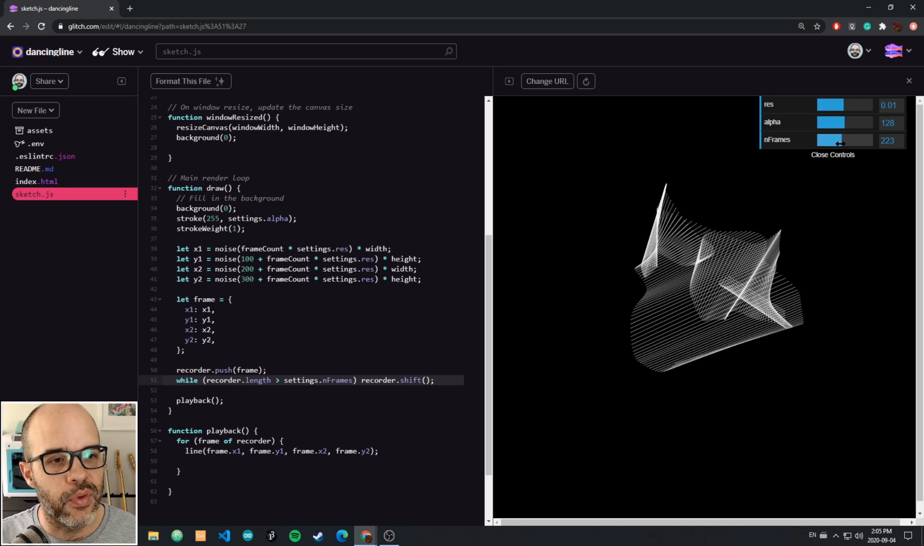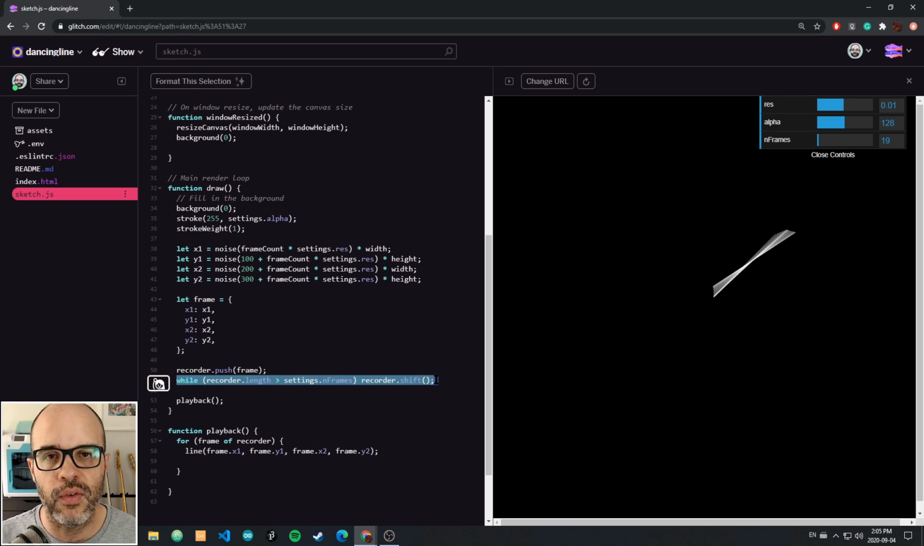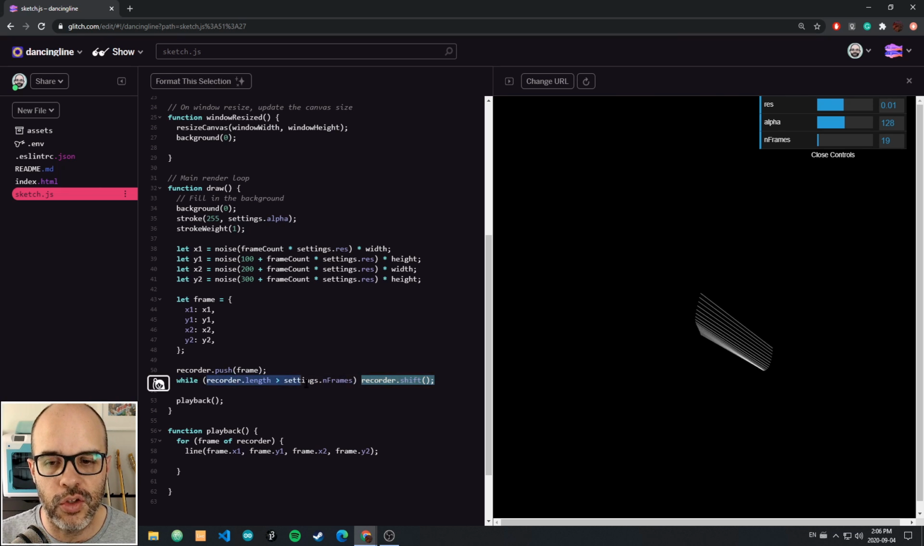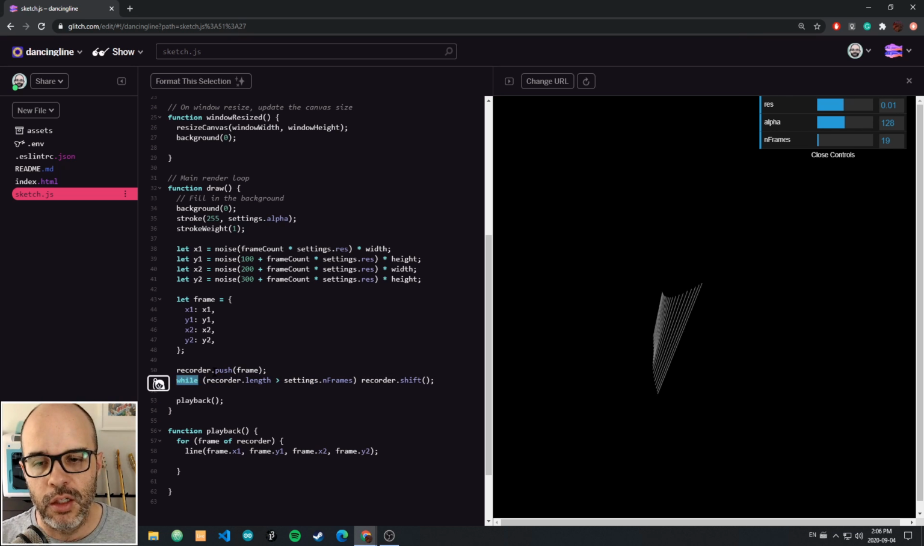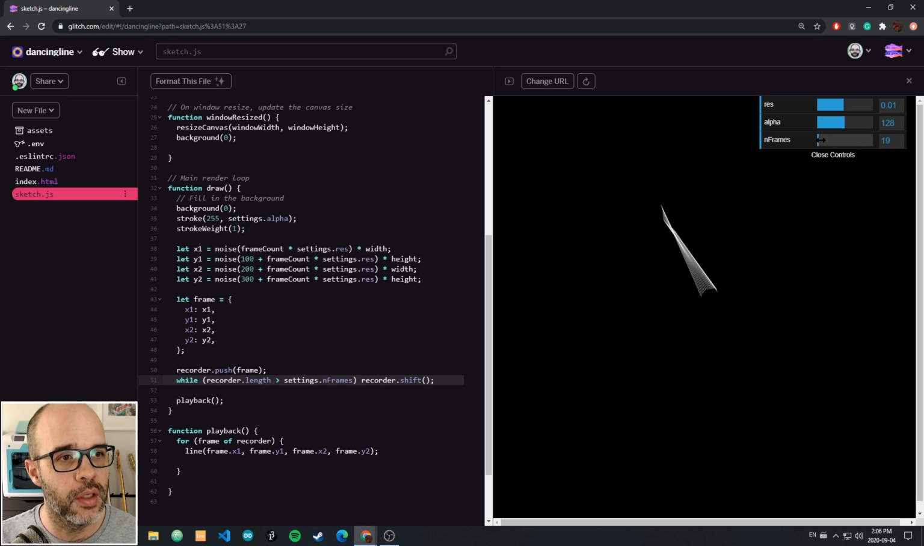And I can do the opposite. I can also make this number smaller, and this while loop will just get rid of all the excess, all the dead weight, using recorder.shift until this condition is met. So with while loops, you have to be a little bit careful because it's easier to create an infinite loop. But in this case, there is no risk of that happening